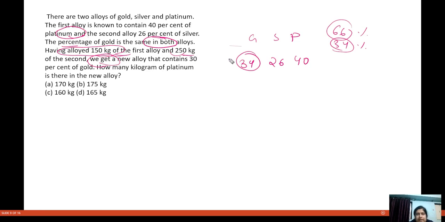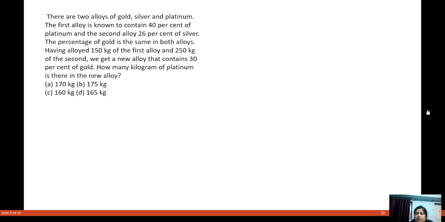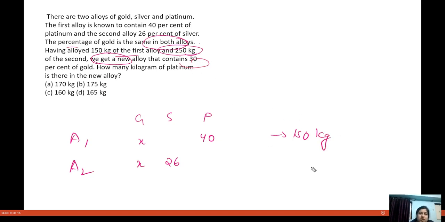See what the question is saying. There are two alloys of gold, silver, and platinum. The first alloy, A1, is containing 40% platinum, and the second alloy is containing 26% silver. The percentage of gold is same in both the alloys. So let's say the gold here is X percent and X percent. Having 150 kg of this alloy, and having 250 kg of the second,